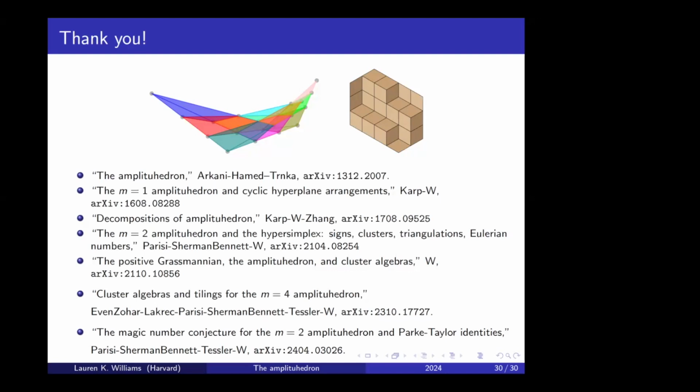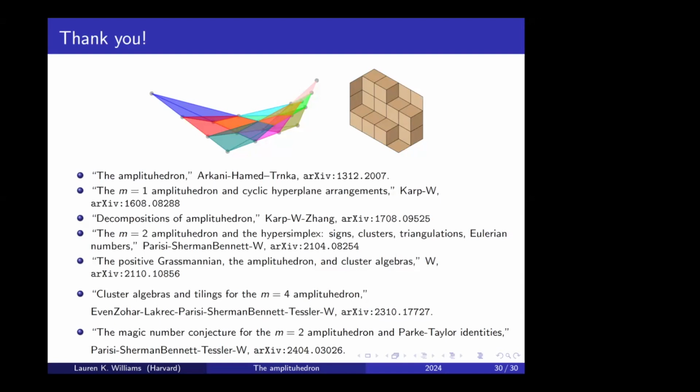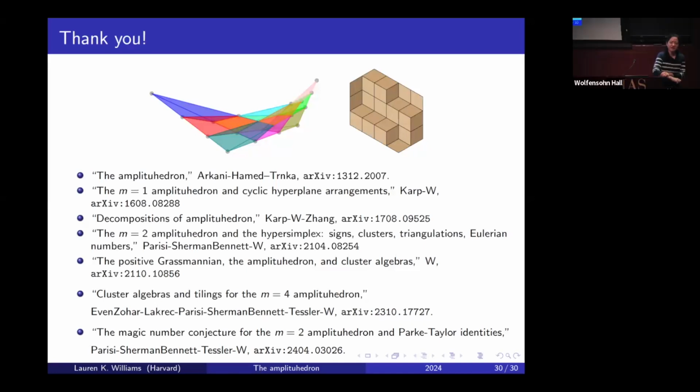Okay. Thanks. I have two questions. One of them is that cyclic polytopes are kind of special in being extremal, in the sense of maximizing the number of faces given a number of vertices. Is anything like this known about the Amplituhedron for any m? Are they extremal if we compare to other possible Grassmann polytopes? I guess those Grassmann polytopes are better understood now for m equals 1. I don't know what's known about m equals 2 even, but is there any extremality statement of this sort yet known for the Amplituhedron? Oh, that's a really nice question.